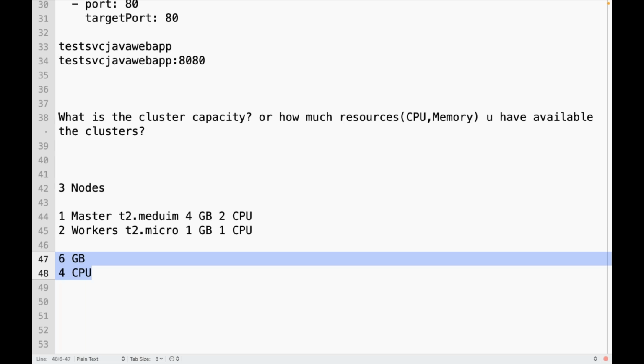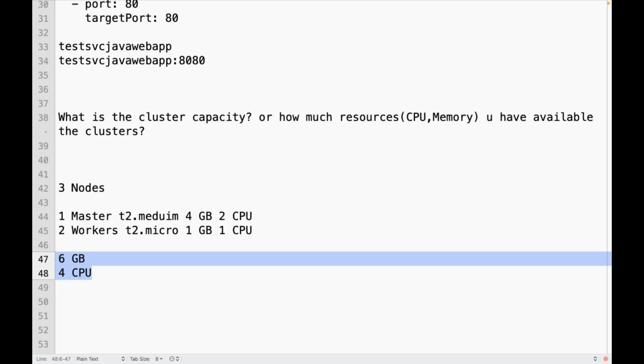No. If the kubelet is not functioning as expected, will the master be able to communicate with that kubelet? Will that node be shown as ready? No. So is it recommended to deploy a lot of applications, a lot of pods, if you don't have enough CPU and memory?